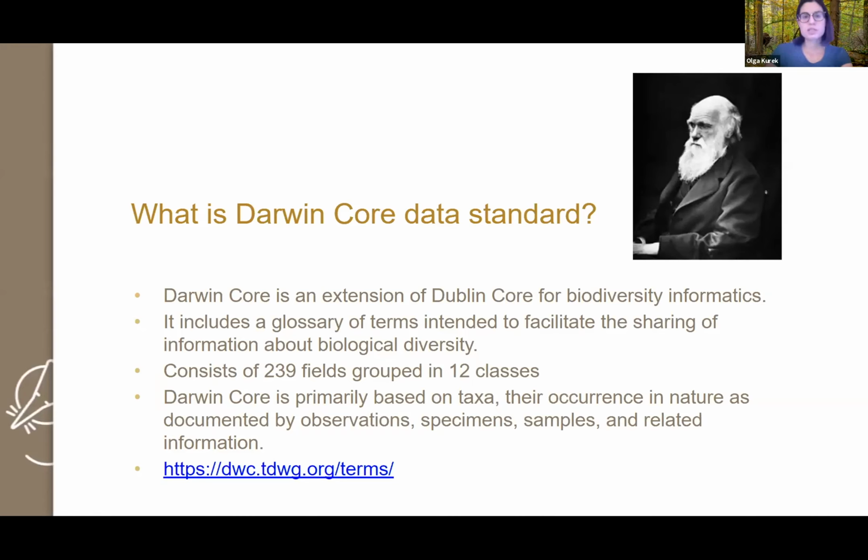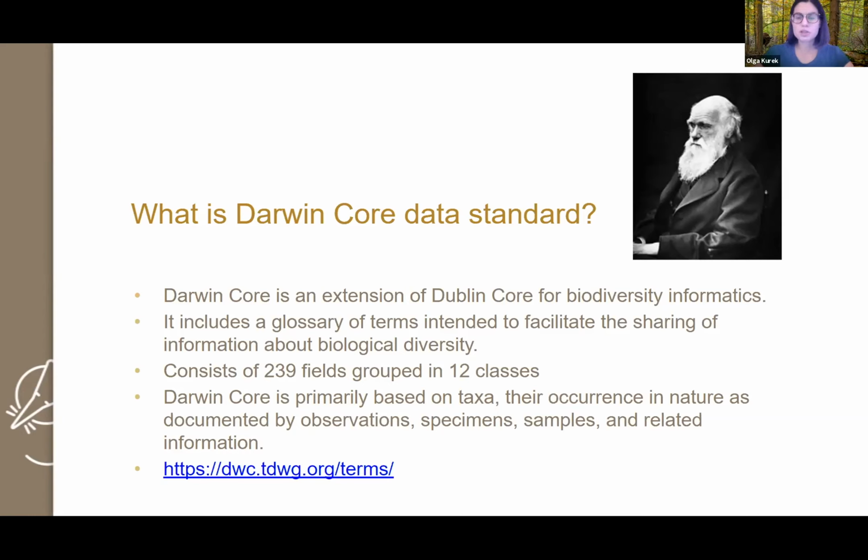So what is this Darwin Core data standard? The Darwin Core is an extension of Dublin Core for biodiversity informatics. Actually, it is a glossary of terms that are used to describe the biodiversity data, and it facilitates the sharing of this information. It consists of 239 fields that are grouped in 12 classes.